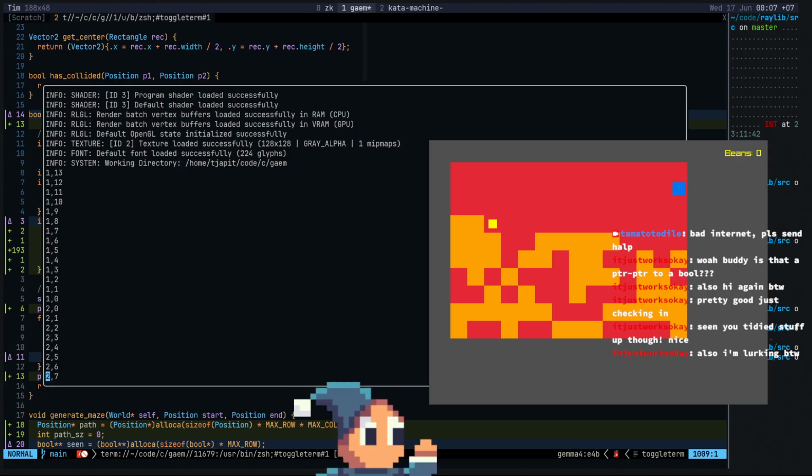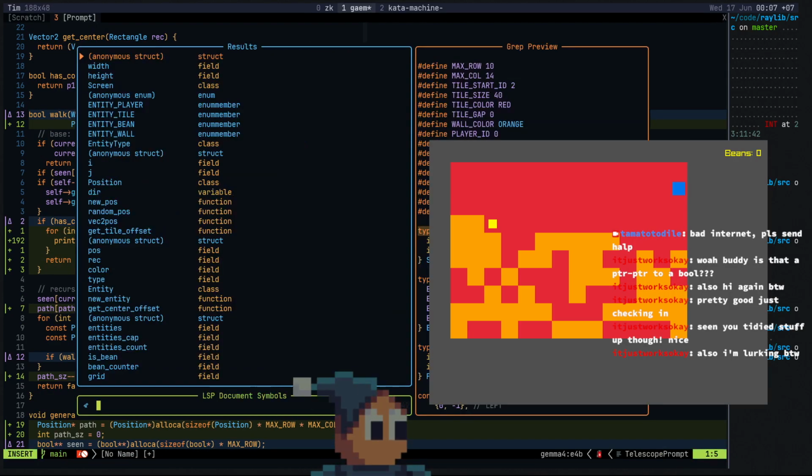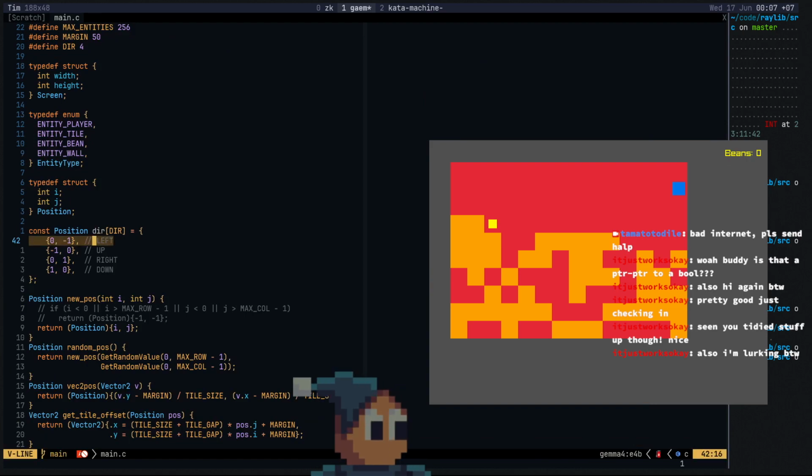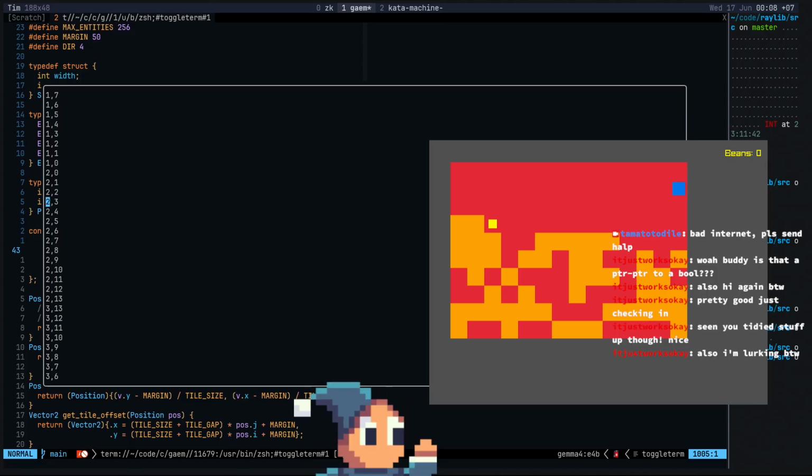So it went up and then probably found a boundary. Oh, this is all the way to the left. And it went down. That's weird. I'm expecting it to move up, not down.